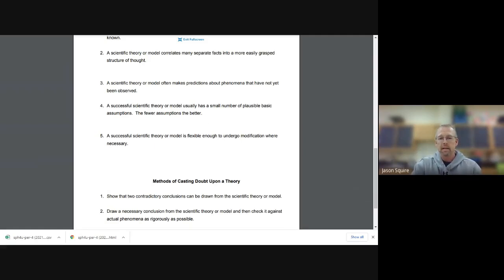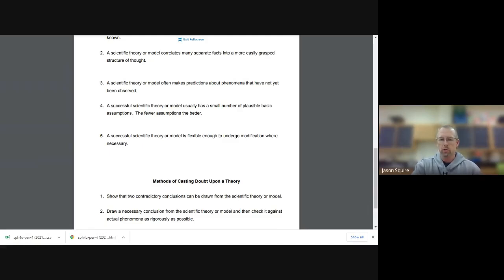A scientific theory or model uses the smallest number of assumptions possible, right? If I have a theory that's got 100 assumptions, well, it's not a very good theory compared to a theory that maybe only has 1 or 2 assumptions. And the last one, very, very important,